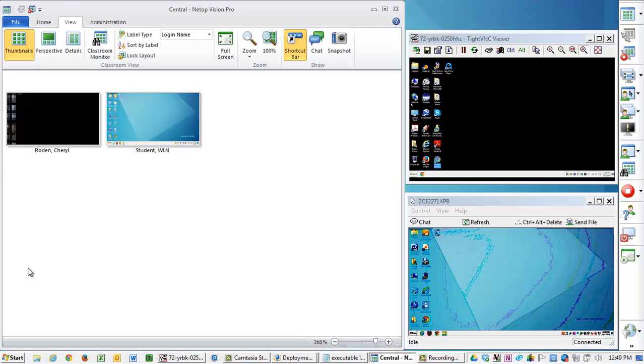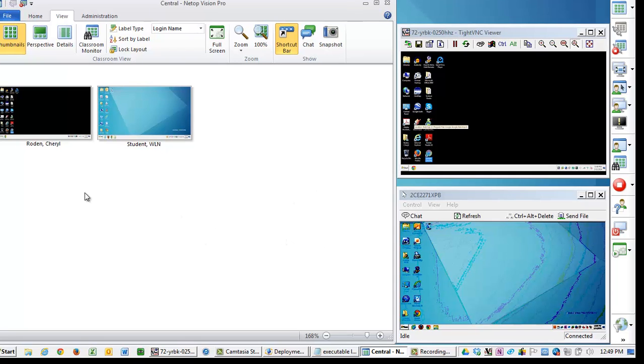When you open Vision, you'll see on your dashboard all of the students within your classroom, a thumbnail of each machine. If you change the view to login name, you also see which students are logged in on which machine. On the right, I have the same two machines that I have in my classroom, remotely controlled through different programs. So you can see what's happening on the student machines at the same time that we can see what's happening